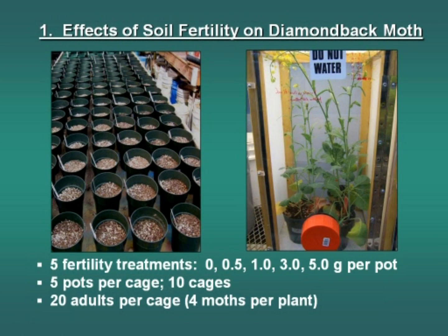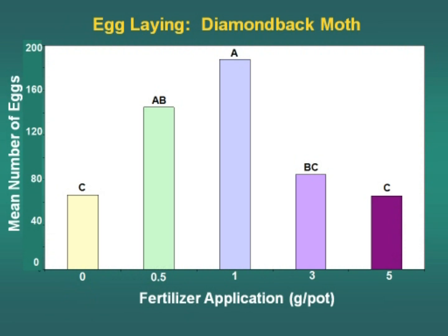We planted canola under those systems, put the pots in cages, and checked the responses of diamondback moth in this situation. And these are some of his results. First of all, in terms of numbers of eggs. It was interesting because diamondback moth laid very few eggs on plants that didn't have good fertility, and they laid